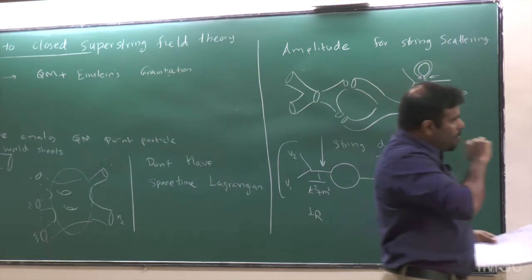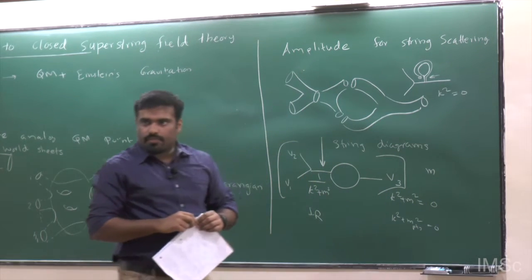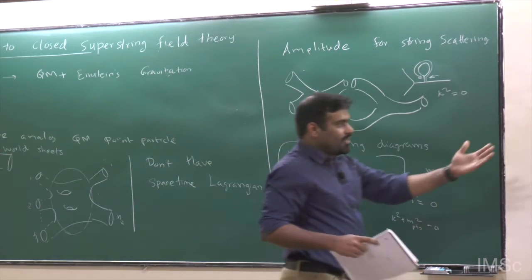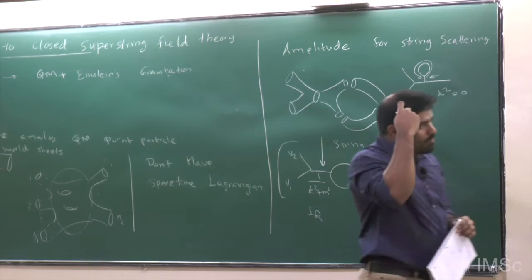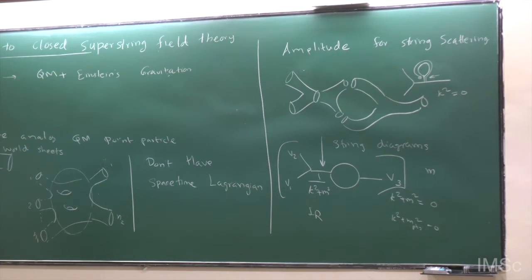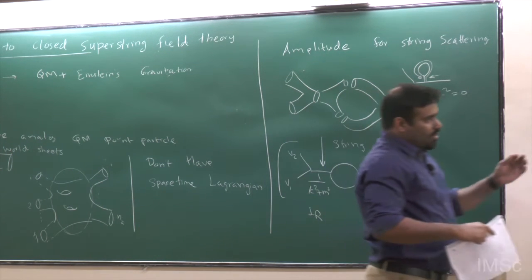So the point is that the usual formulation of string perturbation theory is not satisfactory. It's satisfactory only at tree level, since at tree level you don't have any loops and you don't have any quantum corrections. But beyond tree level, you will have trouble. So you have to come up with a prescription that's better than the usual conventional formulation of string theory, or somehow come up with a way to really resolve these puzzles.